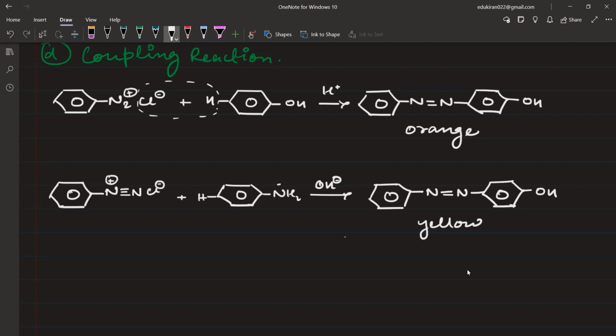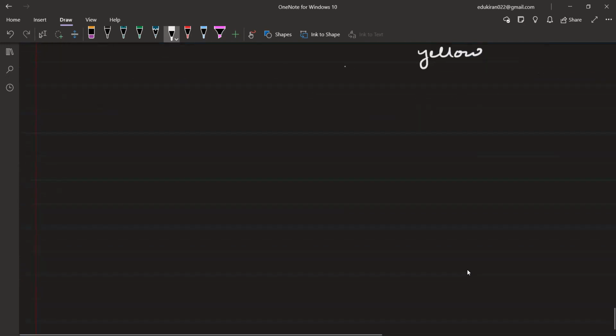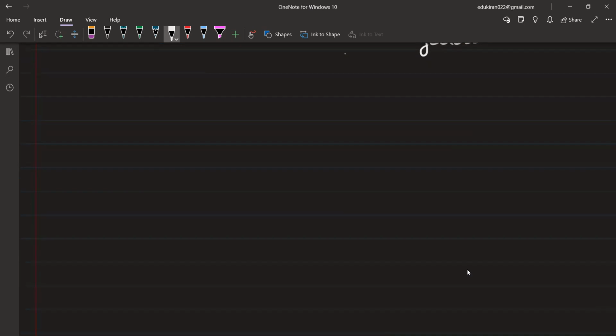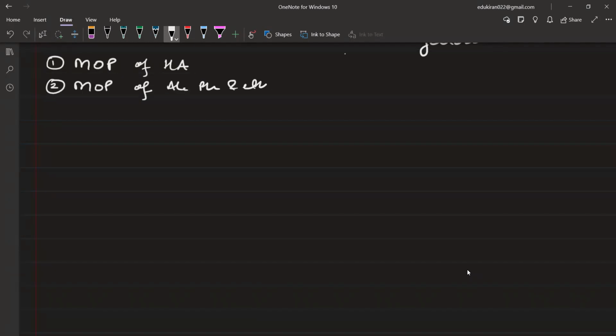Done. Yeah. Now please see, since all of these 4 chapters are done, अब आप लोग you need to prepare and you need to concise this complete thing in 12, 13 pages. Okay. What you need to do is you need to have, first of all, method of preparation of haloalkane haloarene. I think you have this already. Then you will prepare method of preparation, 1 page. Okay, single page, method of preparation of haloalkane haloarene, method of preparation of alcohol, phenol, and ether. Third is method of preparation of